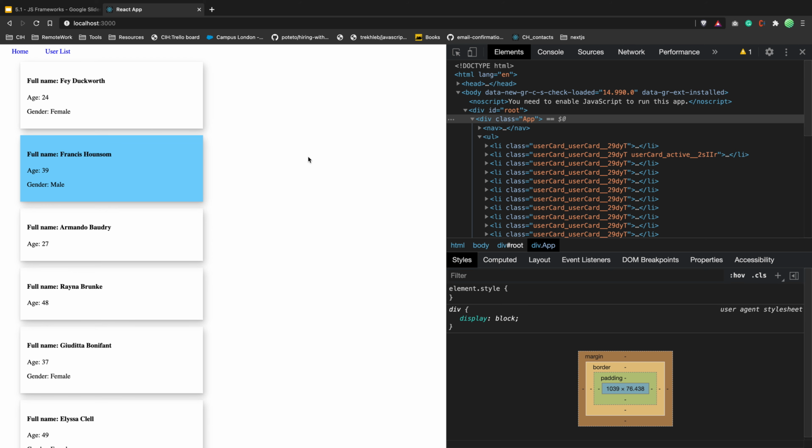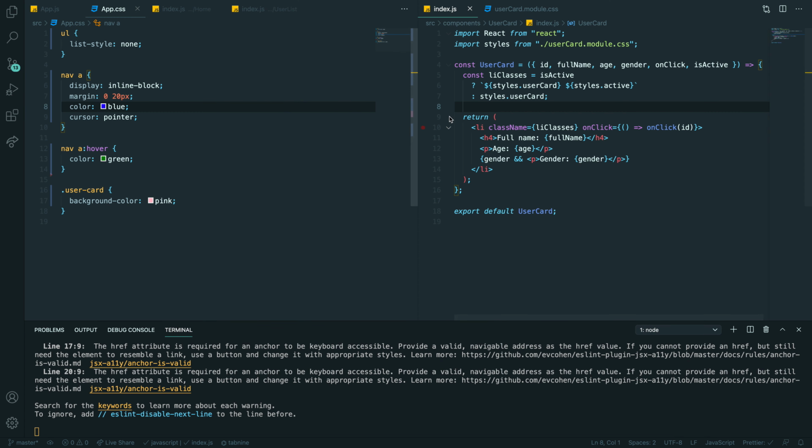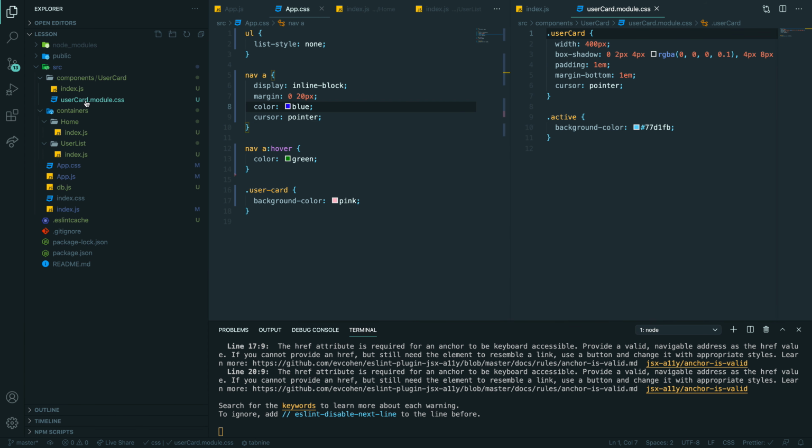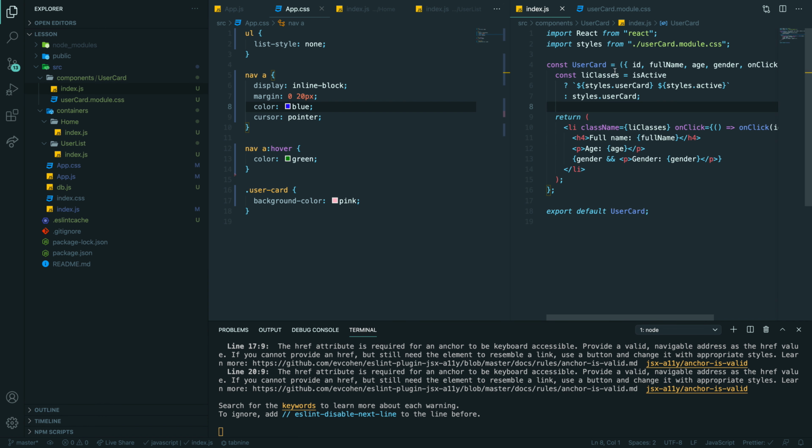Can you show again the code? So what you need to remember is first, add module, so you have name.module.css, and then when you want to use it, you import it as a variable, as styles. Normally we call it styles, you can call it kitten, of course, but it's just a variable from your CSS, and then all your classes come from styles dot and your class name. This is it.